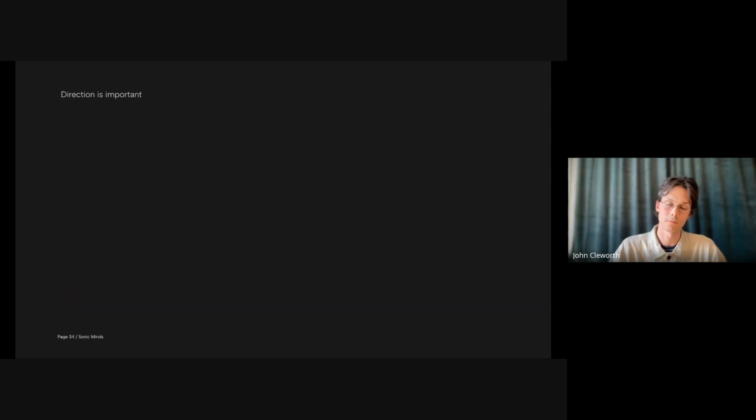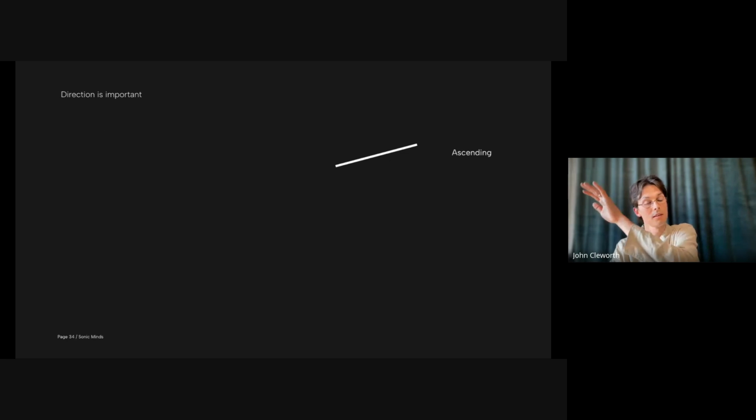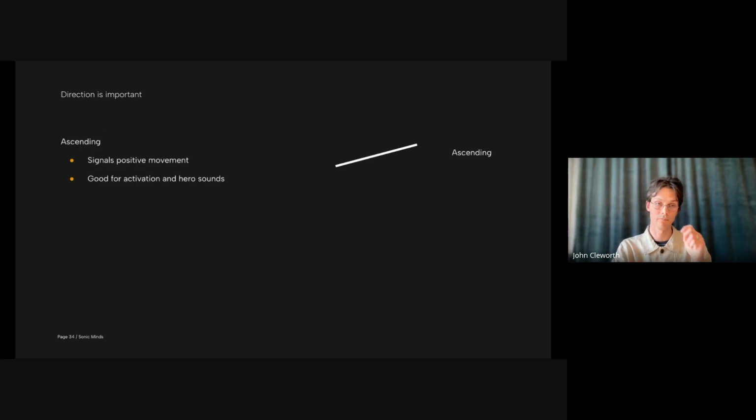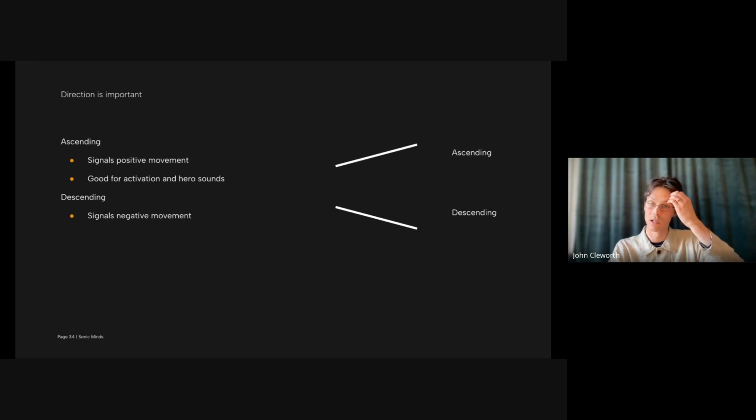Then what we try to do is use direction of a melody if it's an abstract sound. So by direction, I mean, if you have an ascending sound, going up, it typically signals positive movement, almost always. This is great for activation sounds, hero sounds, all those kinds of things. But likewise, then you have descending sounds. You probably just heard that sounded a bit more like deactivating, but it's also used for more negative movements, negative sounds, or deactivations, like I said. For example,